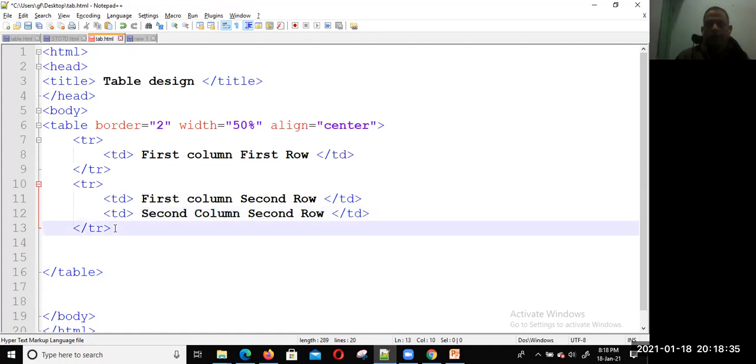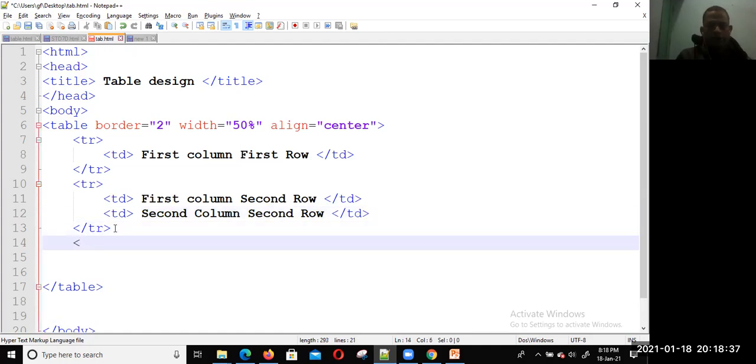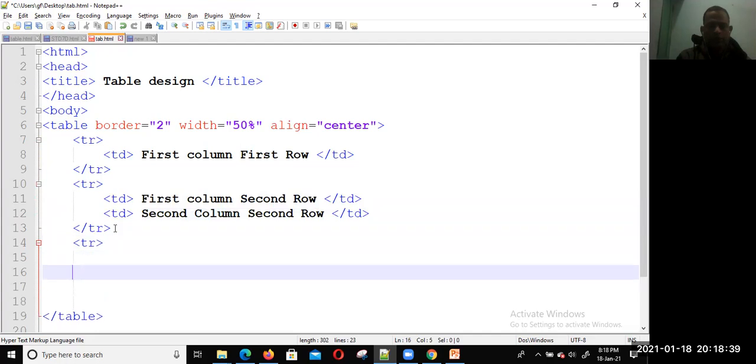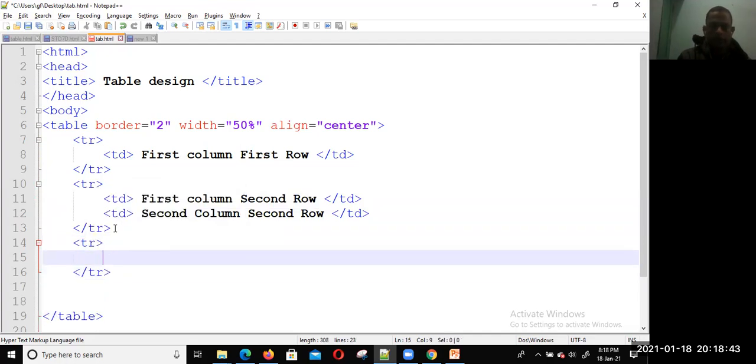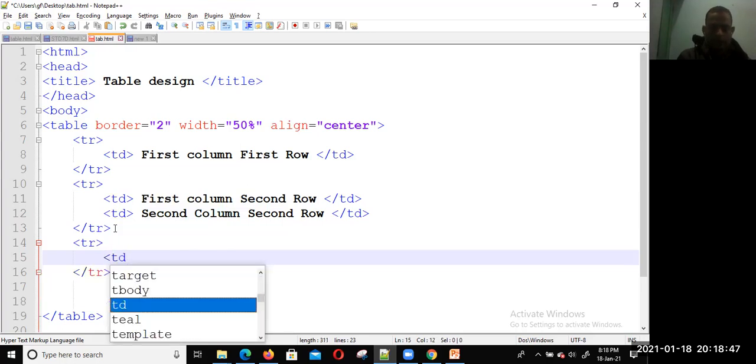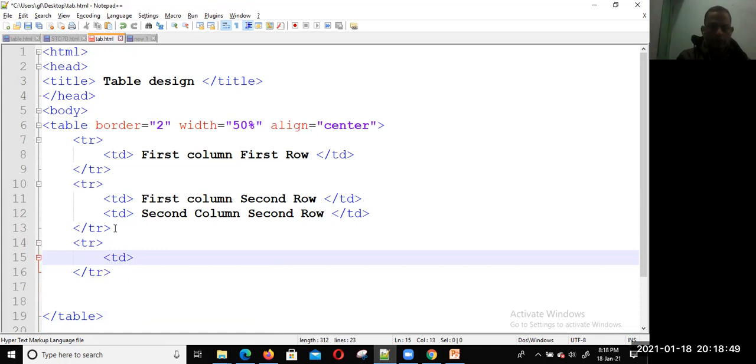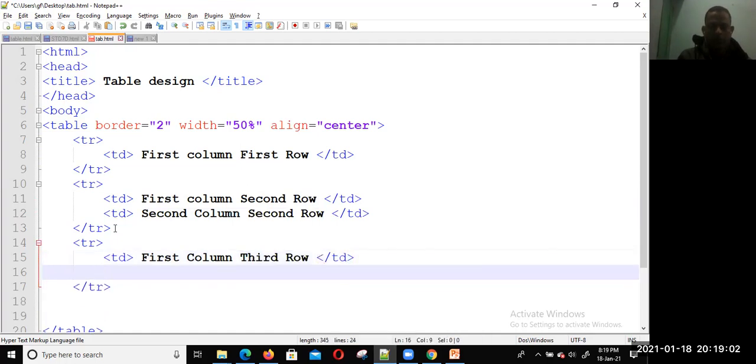Now I'm going to create the third row, using td for the columns. First column, third row. The td tag must be closed.